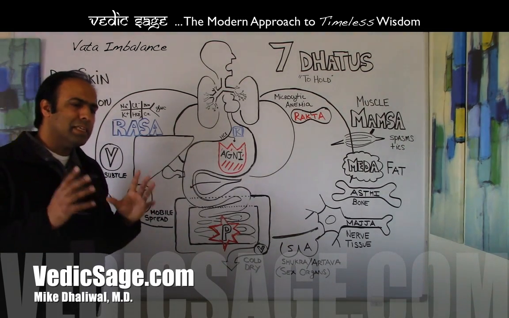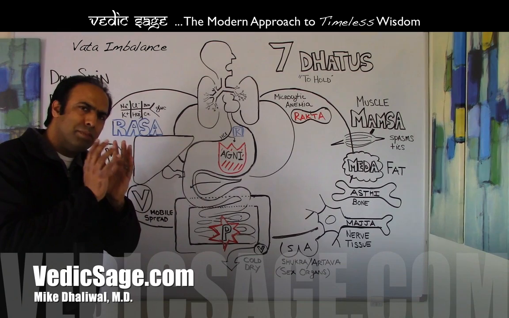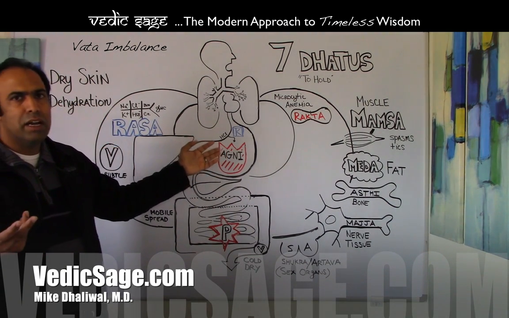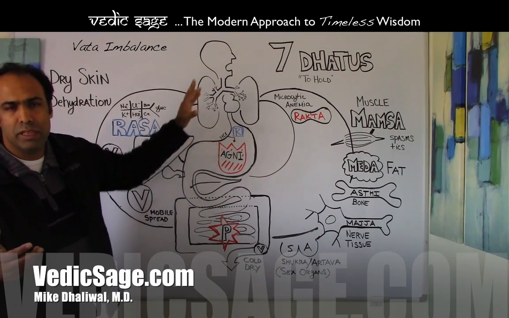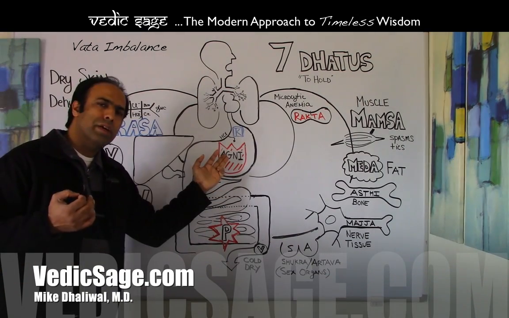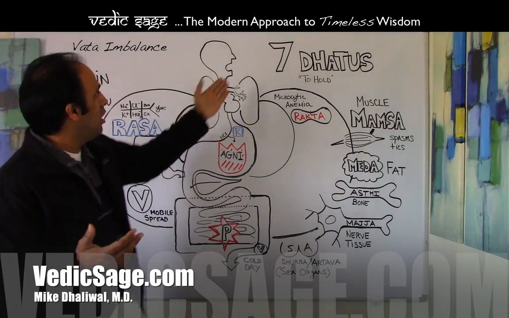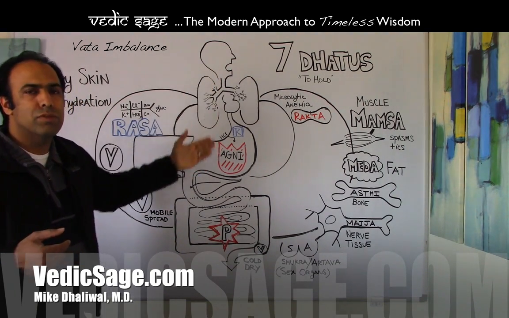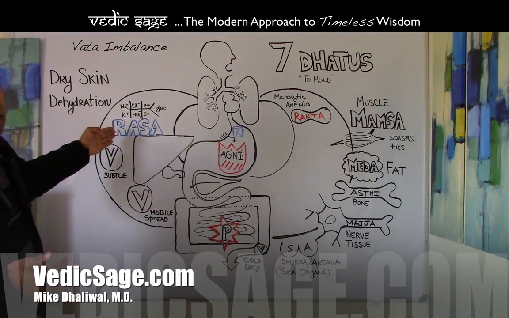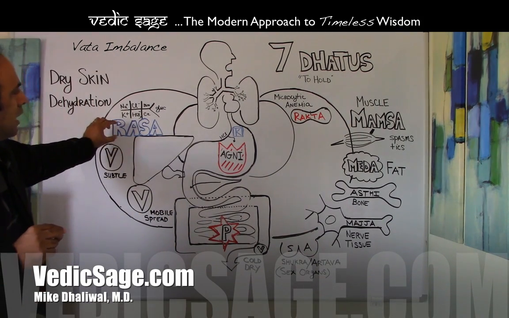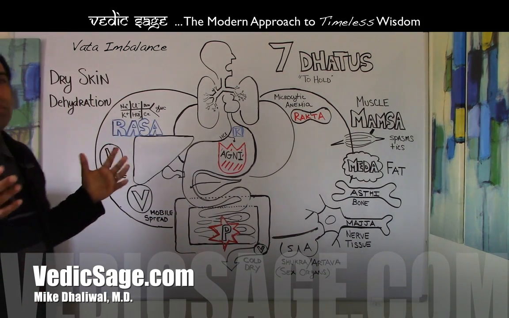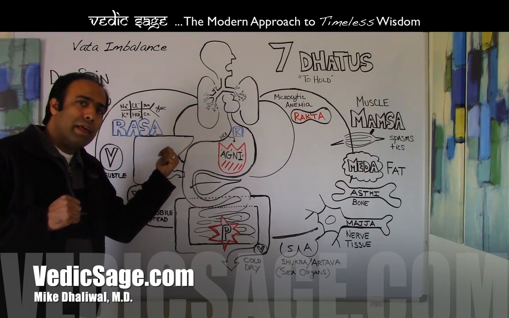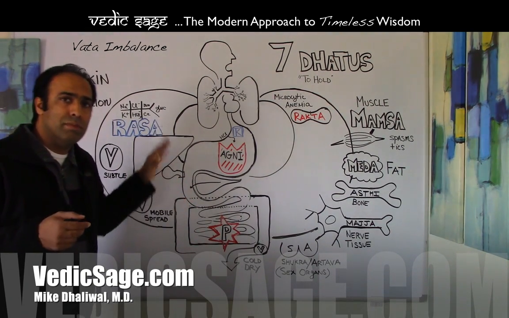Now we need to say that each of these dhatus has almost a defense barrier, which is Agni. We've talked about the main Agni, which is Jathara Agni, the digestive fire within the gastrointestinal tract. We can look at that as the ultimate barrier preventing any pathogens from entering into the system as we consume food. Likewise, each dhatu has an Agni as well. Rasa also has an Agni, and that Agni is going to try to maintain the balance. It's the defense system of that particular tissue, and can be thought of as the immune system of that